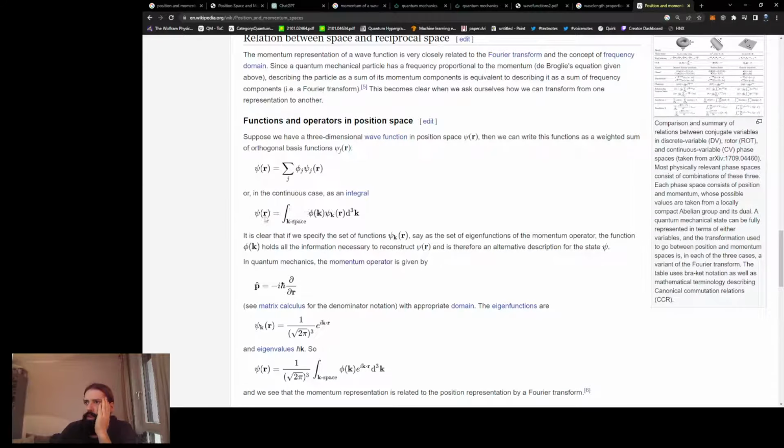So you're saying this function psi of r is essentially an integral. So you have psi k. It's clear that if we specify a set of functions psi k, say the set of eigenfunctions of the momentum operator, the function